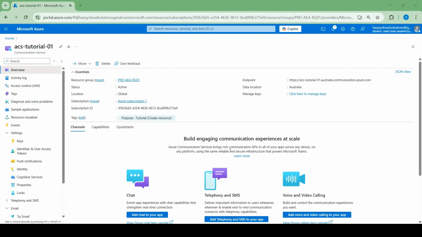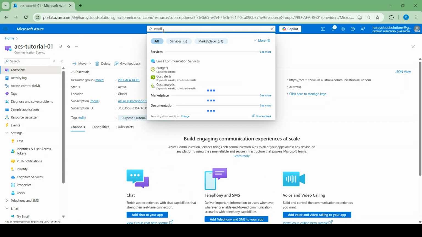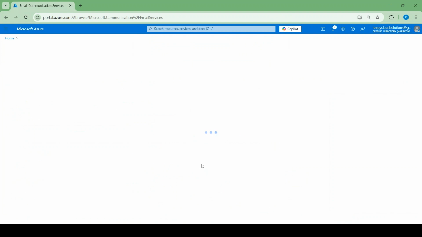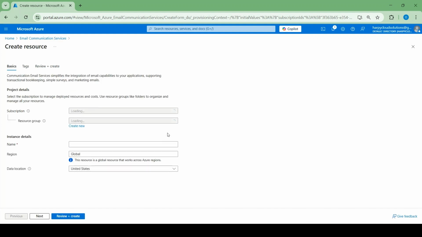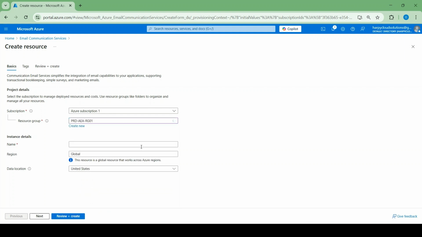In addition to an Azure communication service resource, we also need to create an email communication service. So just go to your search bar and type email. You should bring this out. And then the next thing you want to do is click create email communication service. All right. So put it in the same resource group where you created the Azure communication service, and then give it a name. I'm just going to give it ECS tutorial